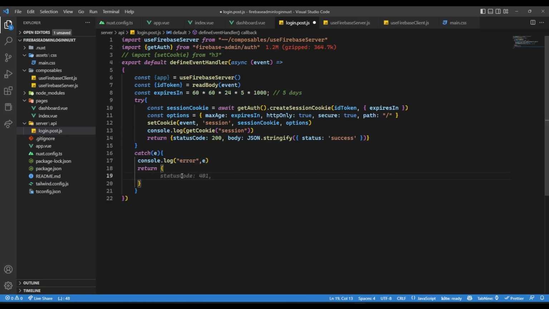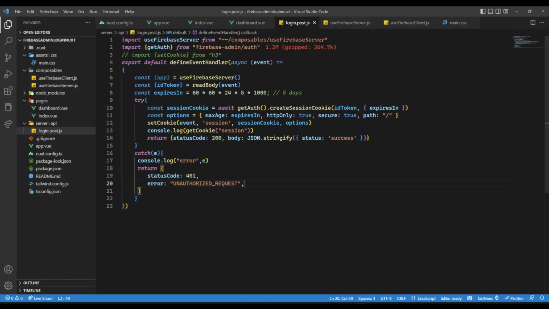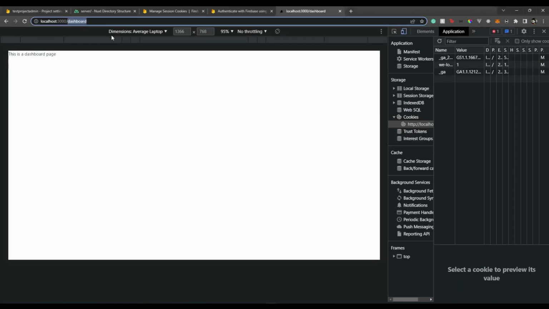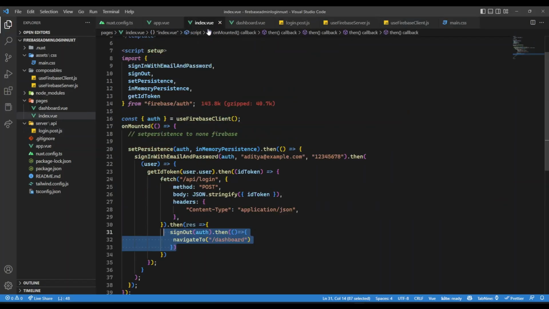So here I just need to say status code 401 and body status error, and the error would be, let's do it something like this. Okay, let's do it like this, error, and the error is unauthorized request. So now once we have this, if we go back to our login over here, oh sorry, to the main login, you will see in the console, okay, it's still taking to the dashboard page,